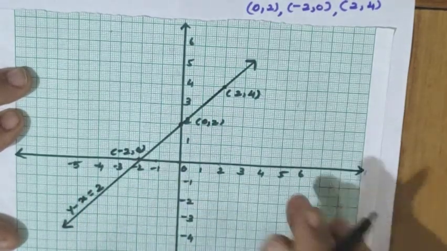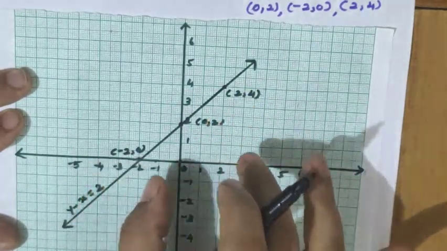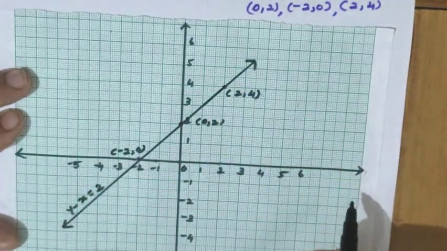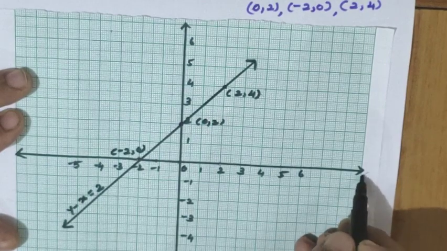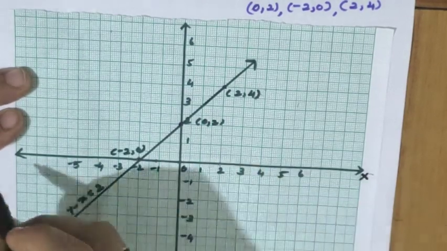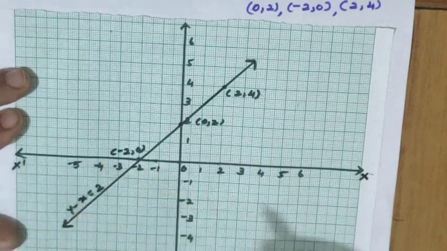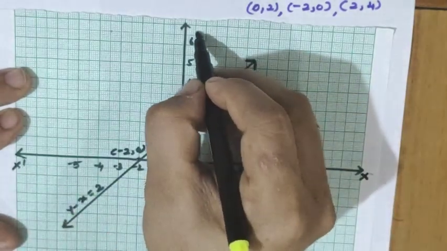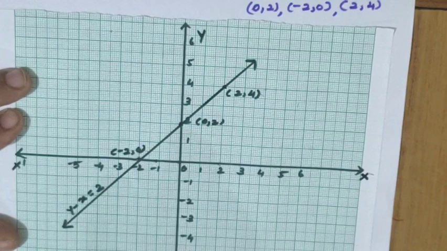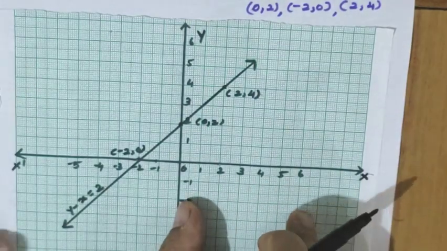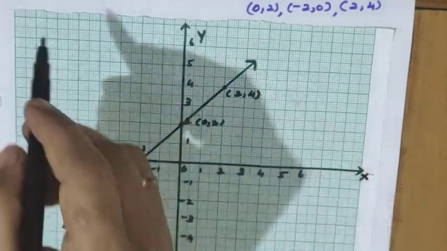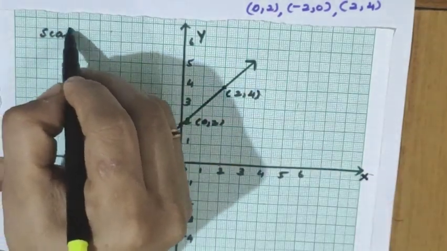Now the children will complete this line and the points also. Just like that, what I have not done, you will also do the same, because when you are doing the graph, don't forget to mark the x-axis, x dash, similarly y dash, and the origin, right? After writing this, one more point children will forget. What is that one? Scale to be written.